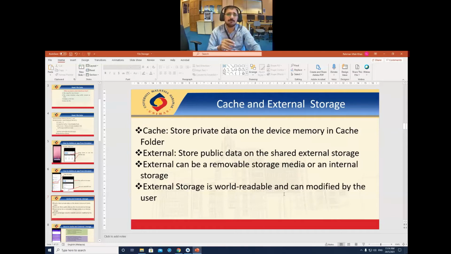External storage can be a removable storage, like a memory card, or internal storage, like the document folder or download folder or any other folders that you create.